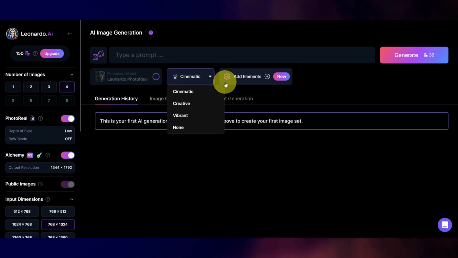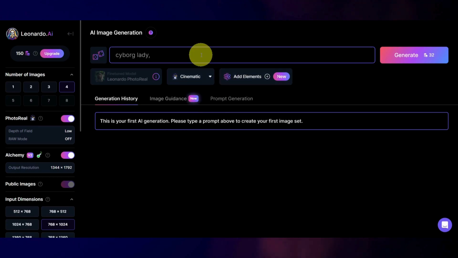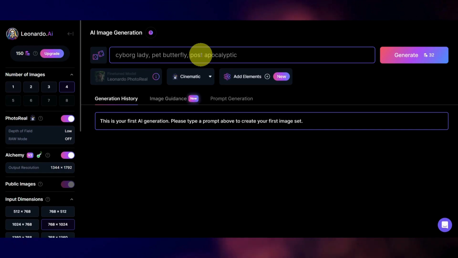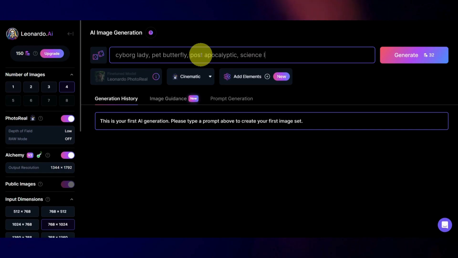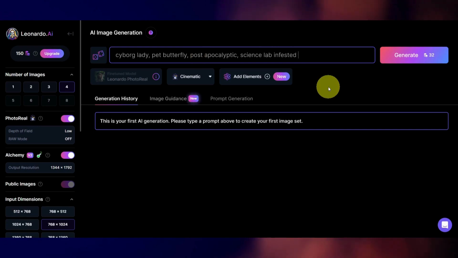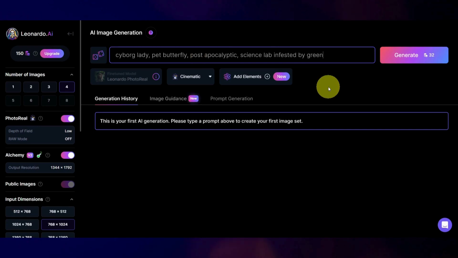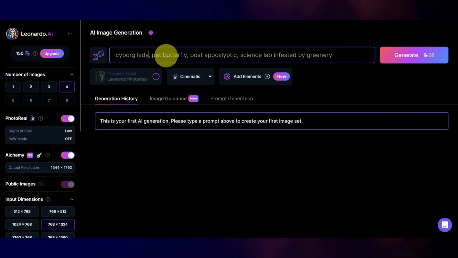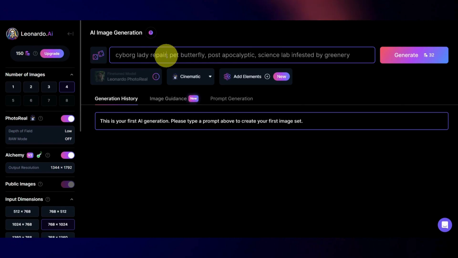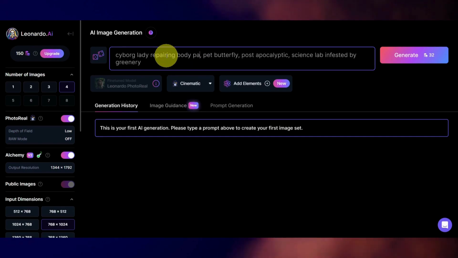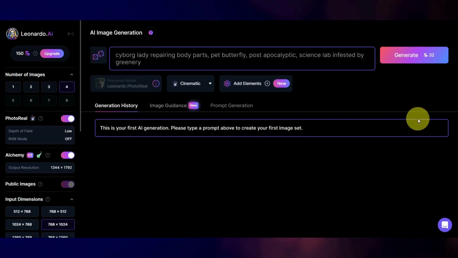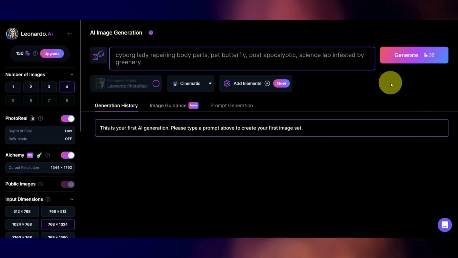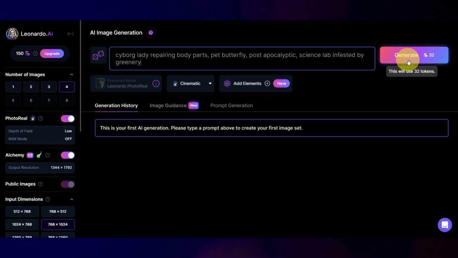For this video, we're gonna go with cinematic, and I'm gonna type down: cyborg lady with a pet butterfly in a post-apocalyptic setting, and I want to see her in a science lab infested by greenery. Hopefully, this puts some greens in the background. And additionally, I want to see the lady repairing something, or maybe repairing some body parts, since she is a cyborg lady. Now that I'm happy with the prompt that I came up with, I'm gonna click on generate